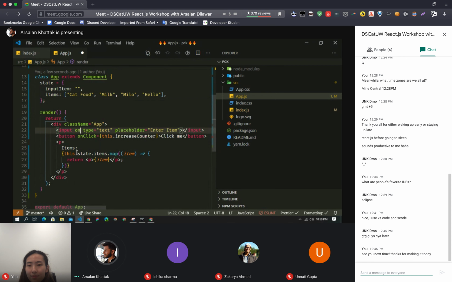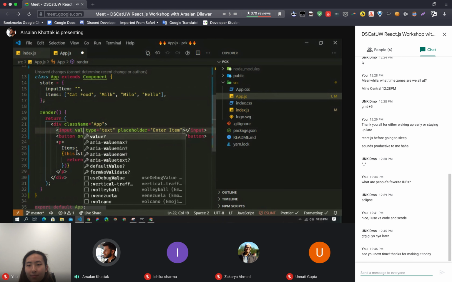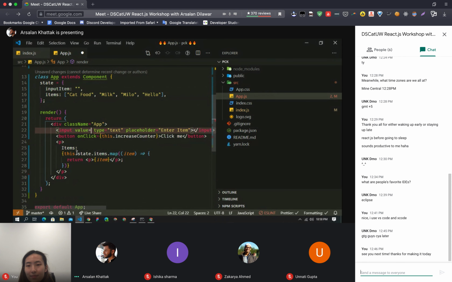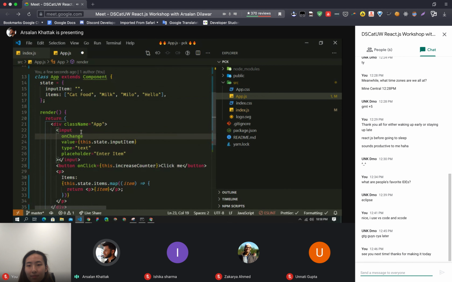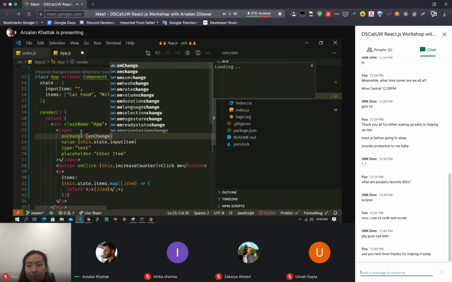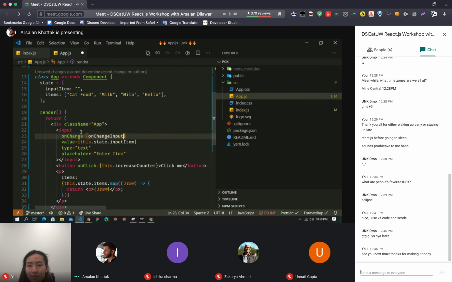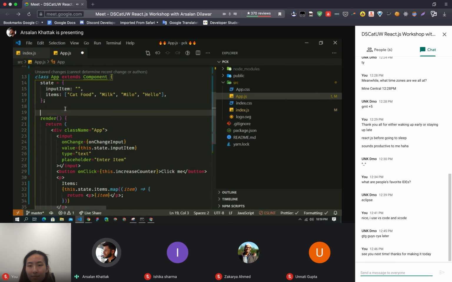So here on change, actually the value will be equal to this.state.input. So this is the value of that. And whenever we make some changes on this input, we are going to call a function, and that function will be this function.